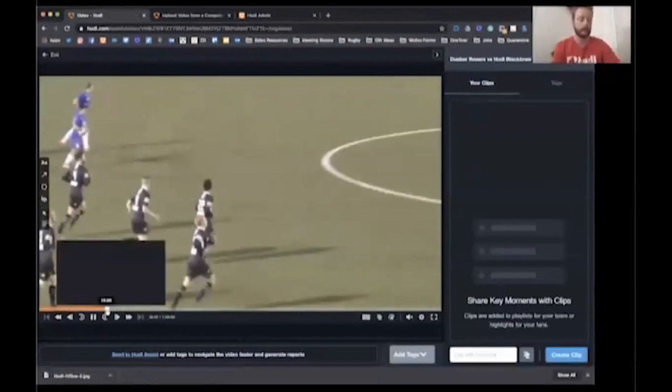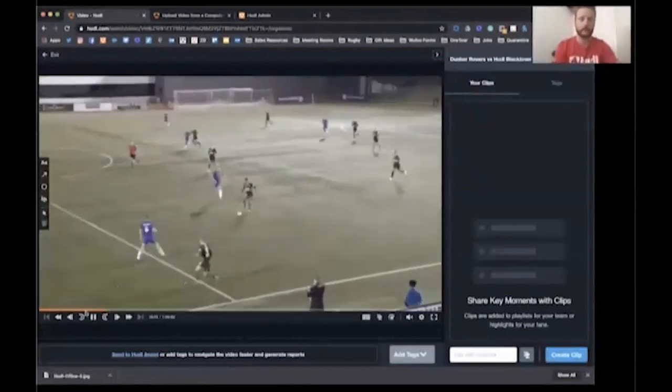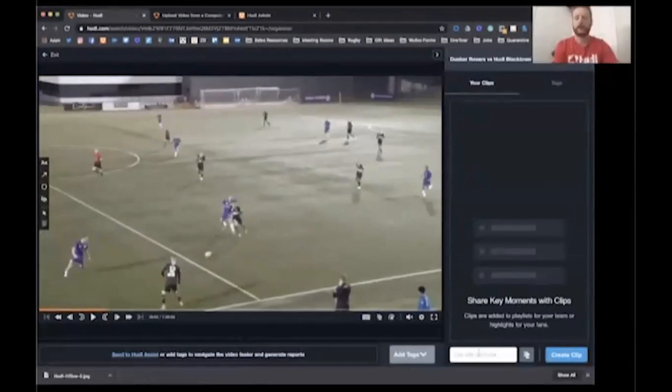So if I come to any point of the video here, there are 3 ways to create the clips of the key moments that you want. You can hit create clip here and it'll just pull out a 7-second clip for you. Or you can clip with a comment or clip with a drawing, and that'll do the same thing, except it'll give you the ability to add your comment or drawing right now as you're creating the clip. You can always do this after if you want as well. So I'll show you an example of how that works.